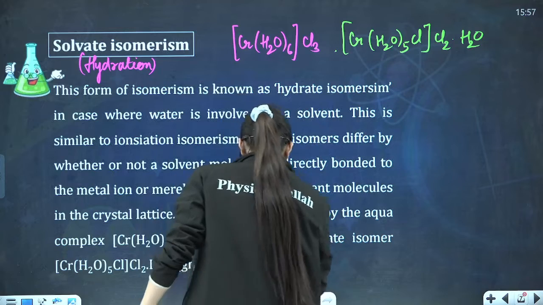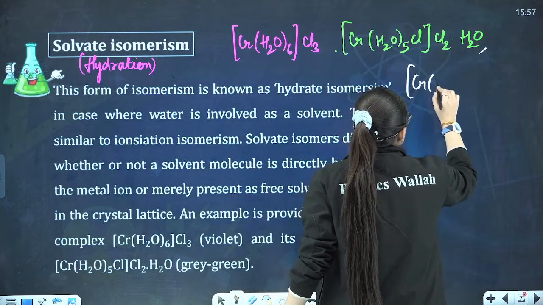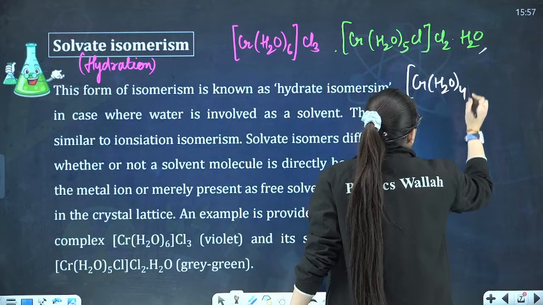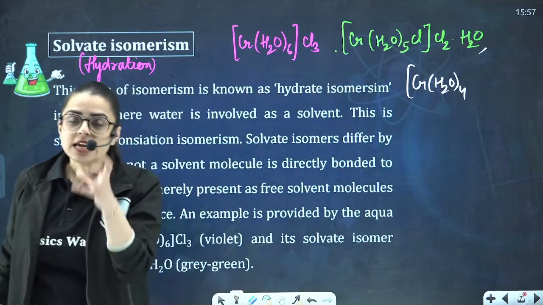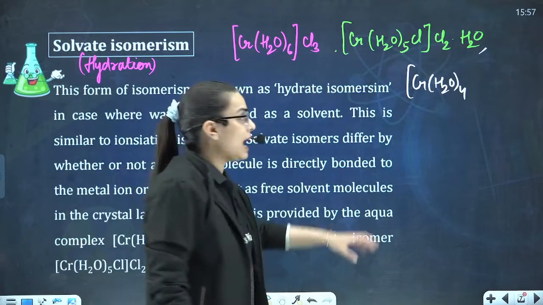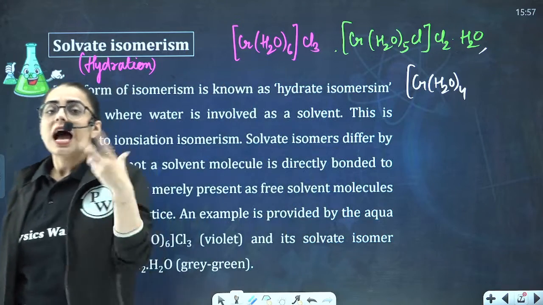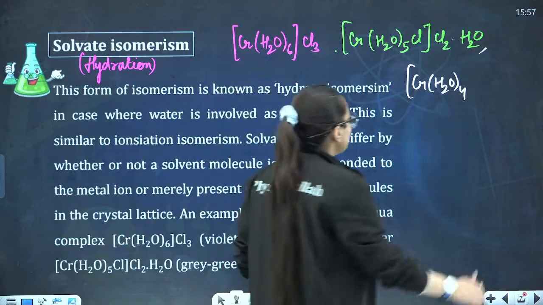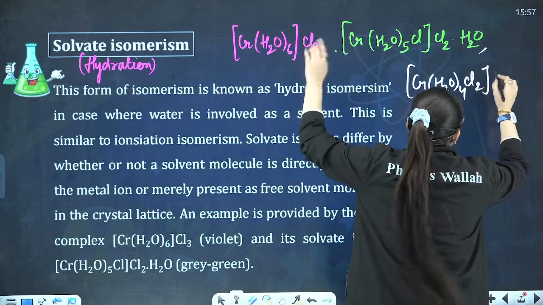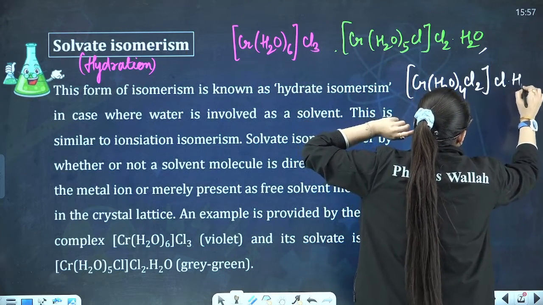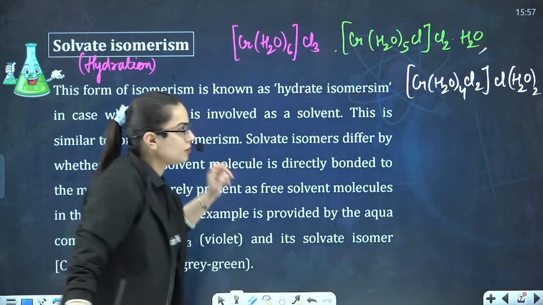If I have to make one more, how will it look? It will be Cr with 4 water molecules. If there are 4 water molecules, again we have to maintain the coordination number, that is 6. We have already shown 4 water molecules as ligands. How many are left? 2 are left. So 2 chlorine will come inside, and how many will be left outside? Initially there were 3, so 1 is left outside. And how many water molecules will come outside? It will be 2. Is it clear to you?